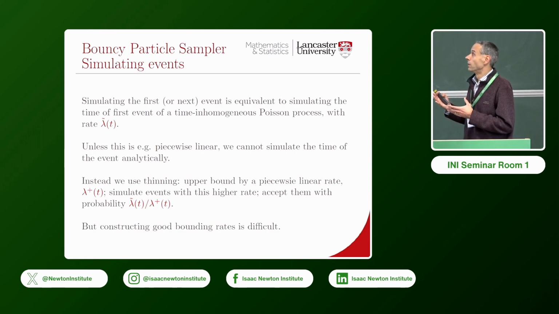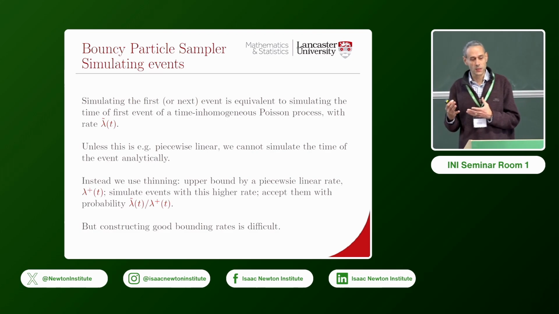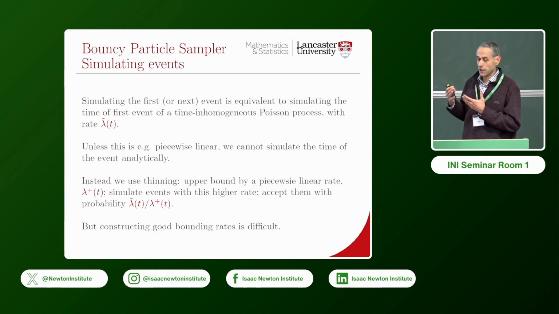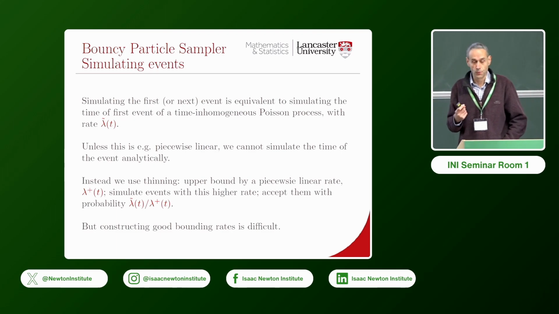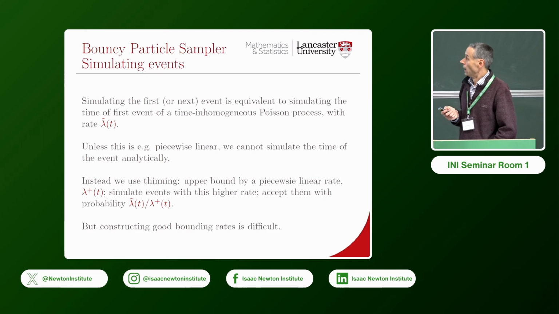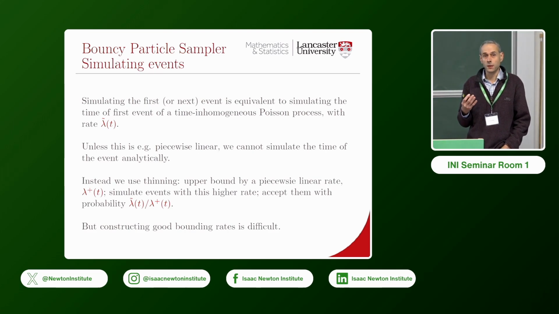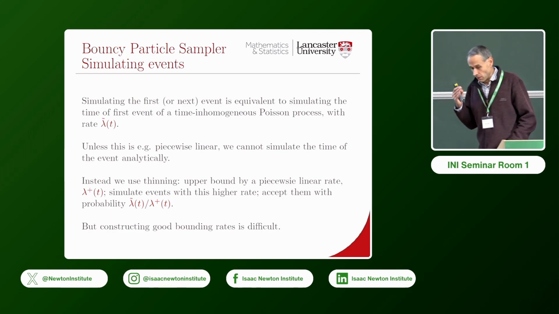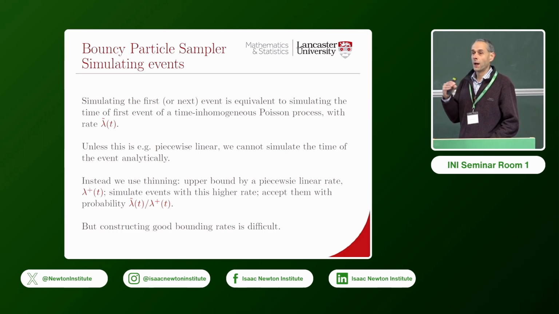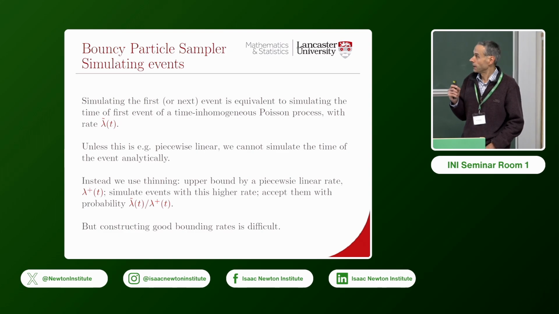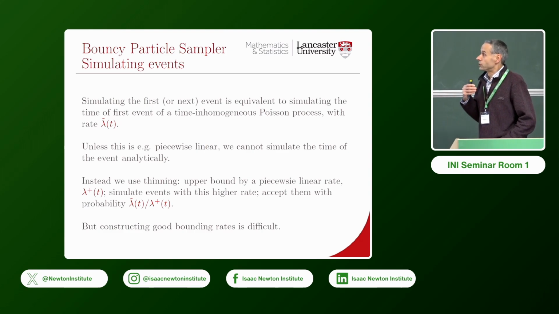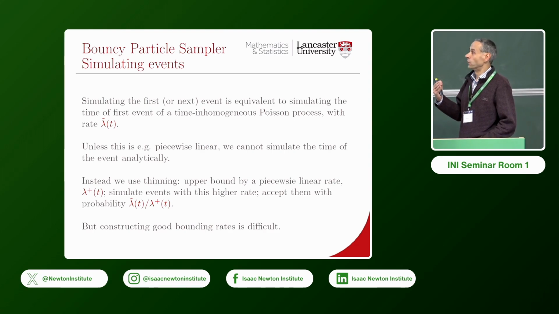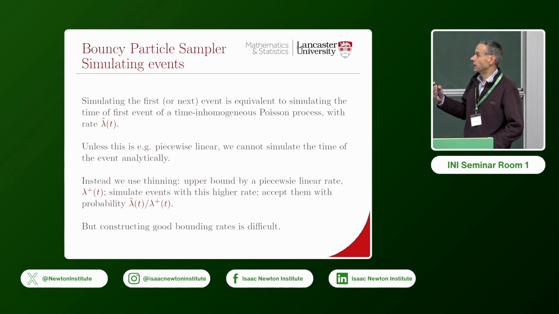But for more general, more complicated rate functions, lambda tilde, it's difficult, or impossible, to directly simulate when the first event in this process would occur. There is a way around that, and that's to use something called thinning. The idea of thinning is that we could try and come up with an upper bound on the event rate,